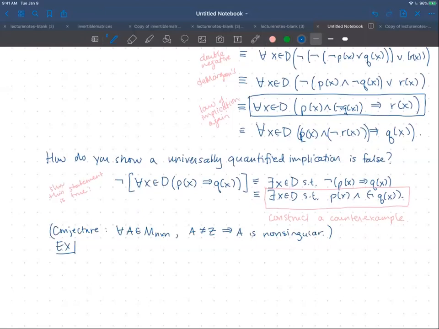So one way that you could start is saying it's not the case that every non-zero square matrix is non-singular. So what I did was I literally wrote out the negation of our conjecture. It's not the case that every non-zero square matrix is non-singular. Indeed, the matrix